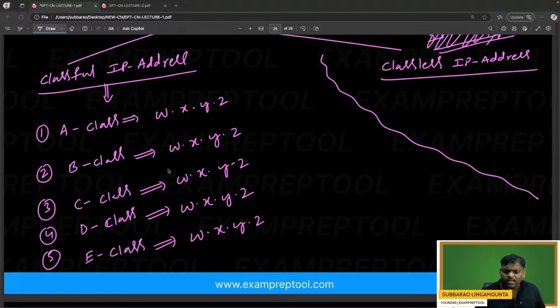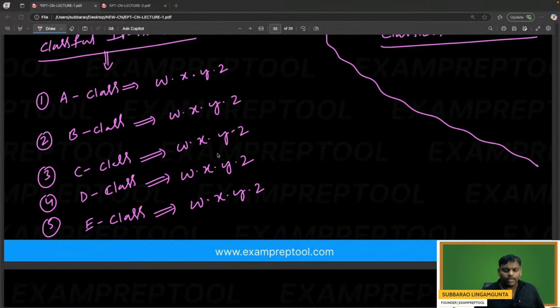Some people are asking, sir, classful IP addresses will be divided into 5 classes. Whether it is A class or B class doesn't matter. Every class is an IP address only, so definitely every IP address will be in W.X.Y.Z. format. So 4 octets format everywhere. Okay, that is also okay. Now some people are asking, then how can I say